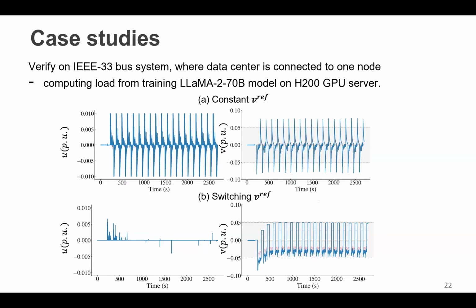So the zoomed-in version just has a little bit more detail. We just see some oscillations in between. To be clear, the plot here is at a time interval of every 10 milliseconds, so it is aligned with the simulation time interval. The simulation is every 10 milliseconds, aligned with the original resolution of the load. But for the control action, we assume we cannot implement control actions so frequently, so the control action is every 1 second. I'm not sure whether I made the point clear.